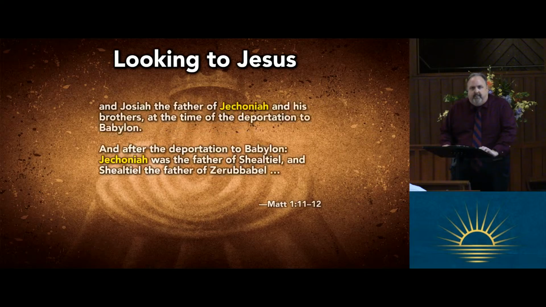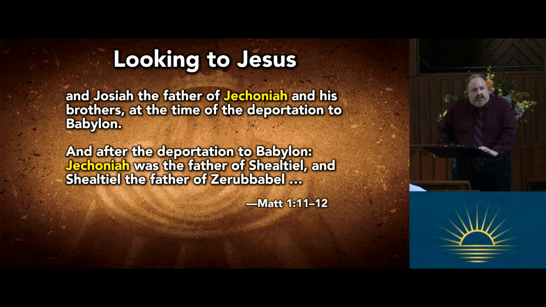And then when we come to Matthew 1, Jeconiah is what he's called, but it's the same guy. Josiah, the father of Jeconiah and his brothers, those are the guys that ruled after him, at the time of the deportation to Babylon. This is the New Testament. This is Matthew 1. Here is verse 12. And after the deportation to Babylon, the line continues from Jeconiah to Shealtiel to Zerubbabel, who was the governor of Jerusalem. And eventually, the line goes down to a guy named Jacob, who has a son named Joseph, who has an adoptive son named